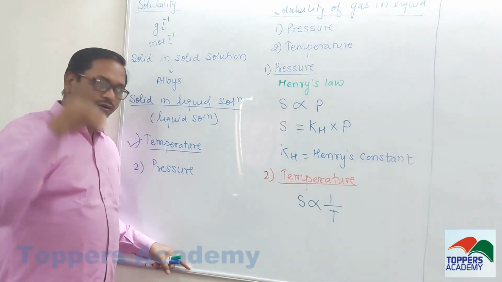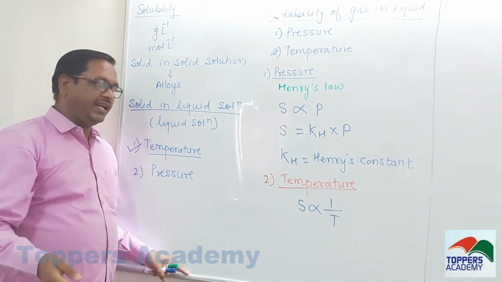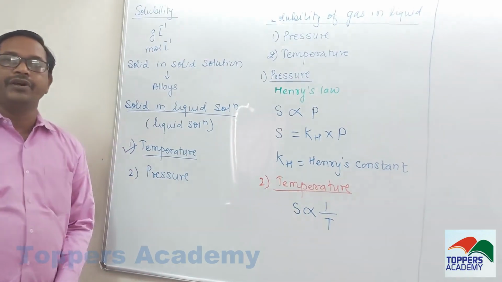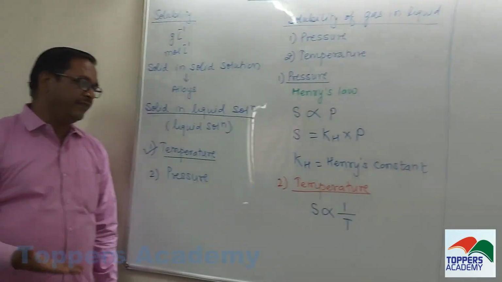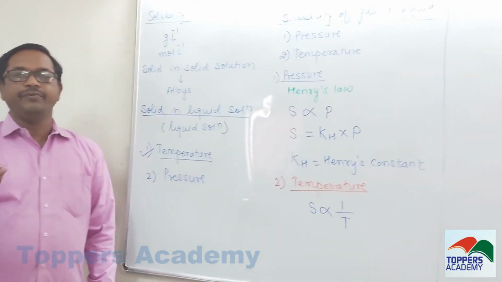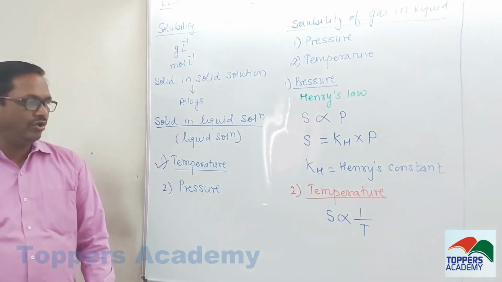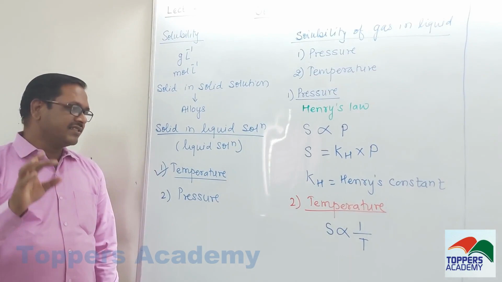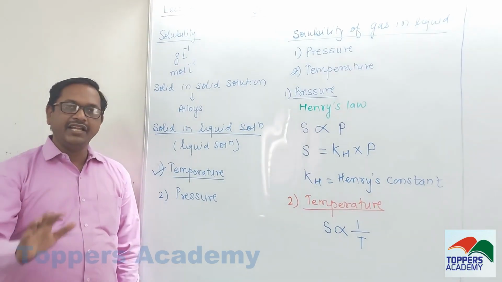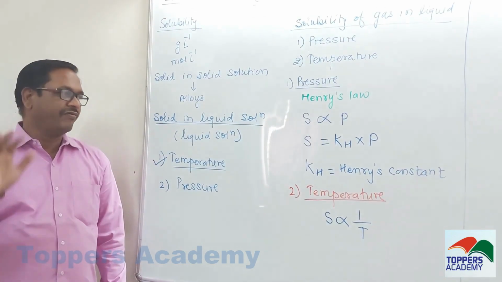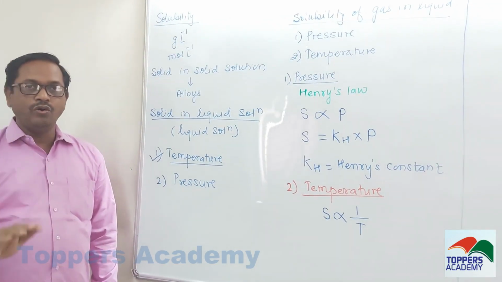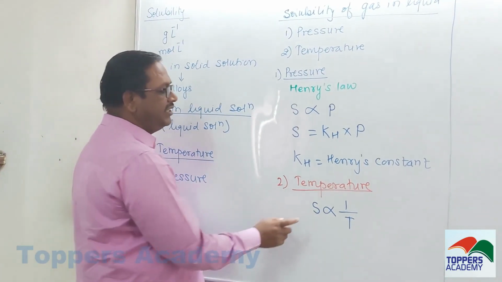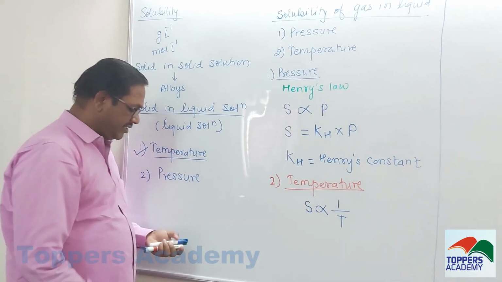The aquatic animals go toward the lower level for proper respiration. Because at the lower level temperature is low, and at low temperature solubility is more, and they can properly respire there. For that purpose, temperature plays a very important role for the aquatic animals, and that's why during the summer season aquatic animals are found in the lower level of the sea. That is given by the effect of temperature.